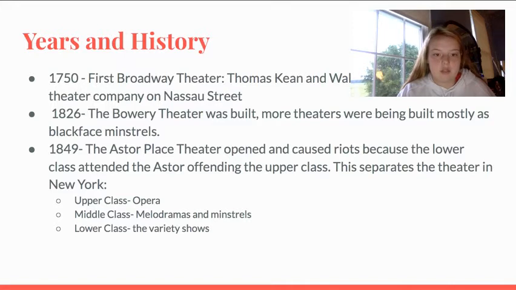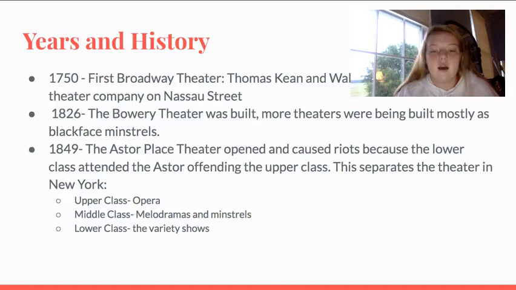company on Nassau Street. In 1826, the Bowery Theater was built. More theaters were being built, mostly as blackface minstrels, which I'll talk about in later slides. In 1849, the Astor Place Theater opened, and it caused a riot between the lower class and the upper class